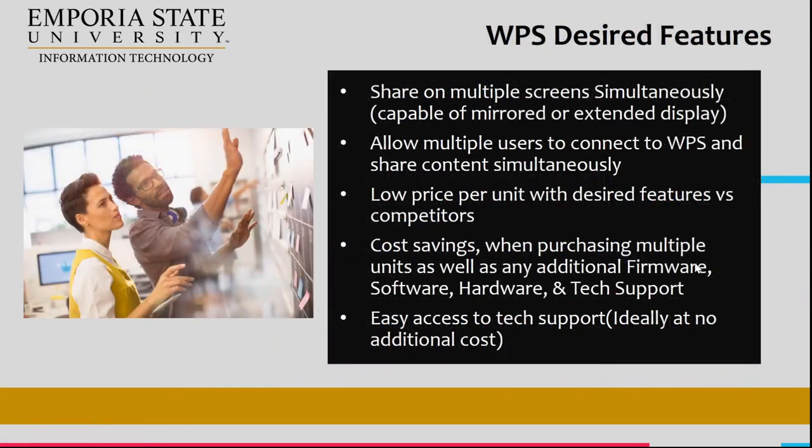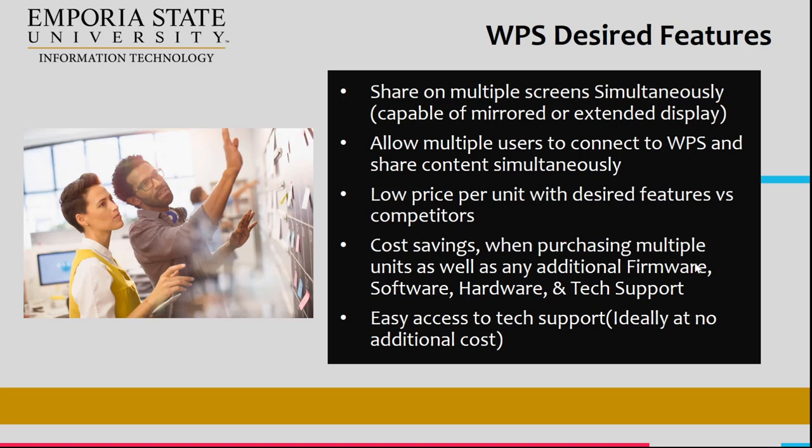Continuing on with some more desired feature sets, the capability to share on multiple screens simultaneously. What this is when you have a medium size or larger event space, you'll usually have more than one screen in that space to help people have different viewing angles of what's going on in the space. Not all wireless presentation systems can share across multiple screens at the same time. So it's something to consider when you're designing your wireless presentation system that you want to go into your space, on whether or not it has the capability to connect and show what's on your personal device on multiple screens